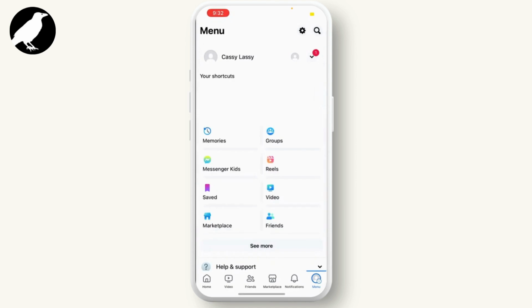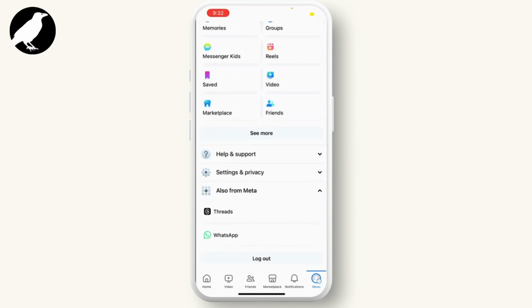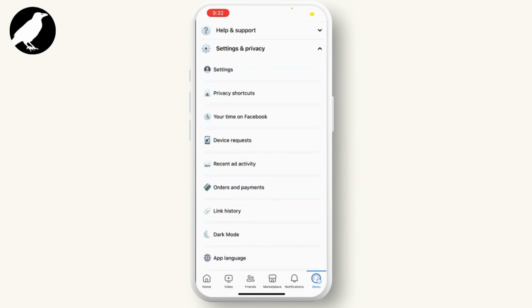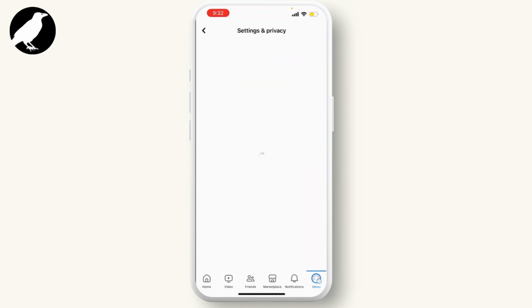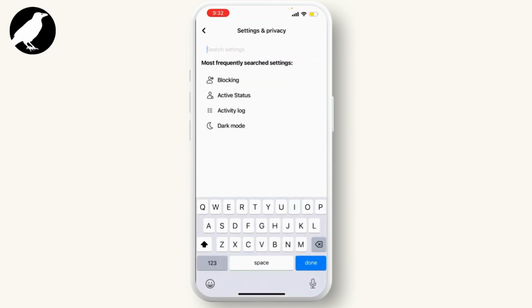Once you do that, go into your Facebook application and hit the menu button, which is on the bottom right corner of your screen. Then scroll down and select Settings and Privacy and go through the settings. Once you are in the settings, on the search bar, search for notification